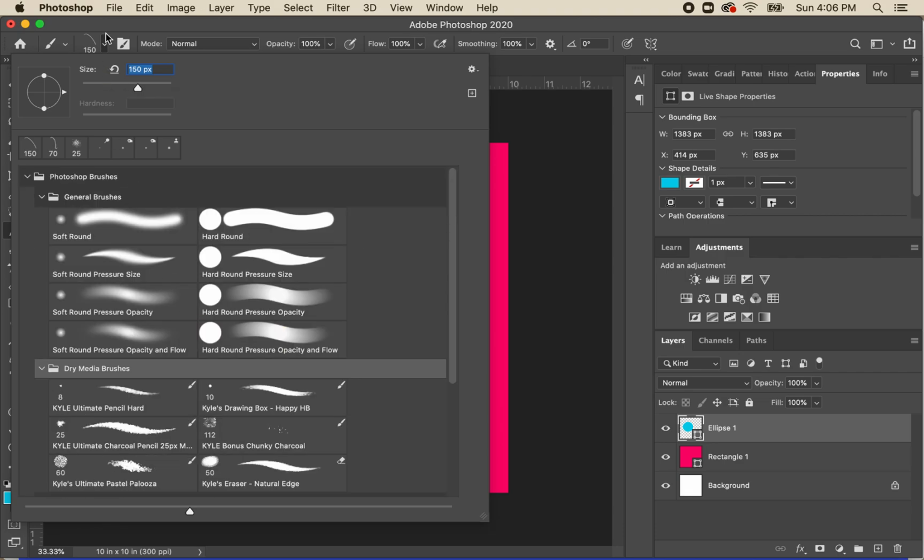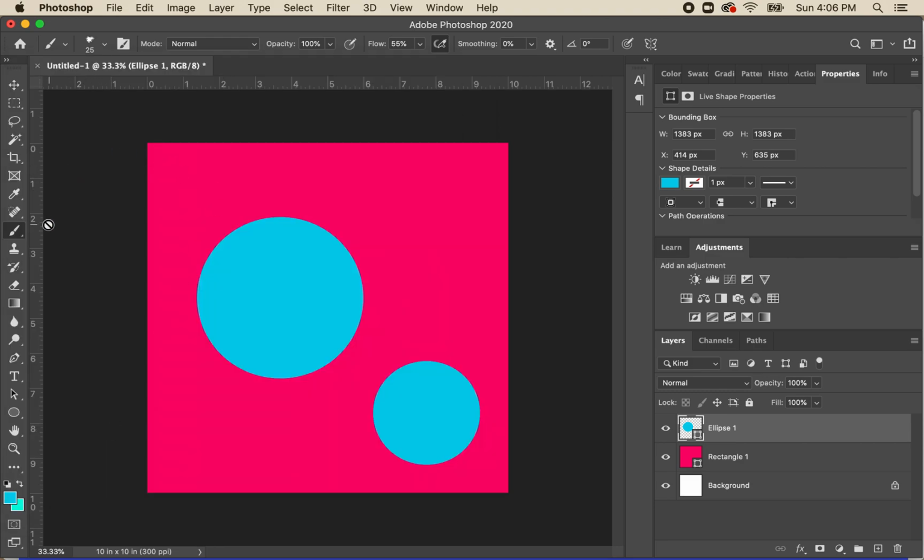And once you've picked one, I'll just go with a soft one. Now, what do I want to do here? I'll go with this one. I don't know what's going on with it, but all right. So I'm in my brush tool. I want to create a new layer,